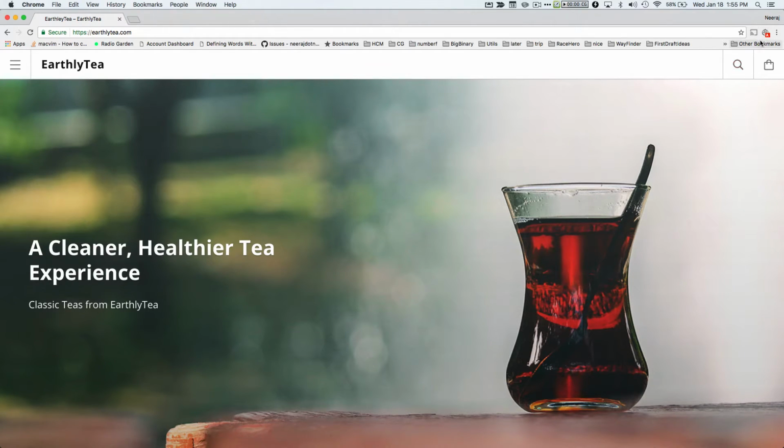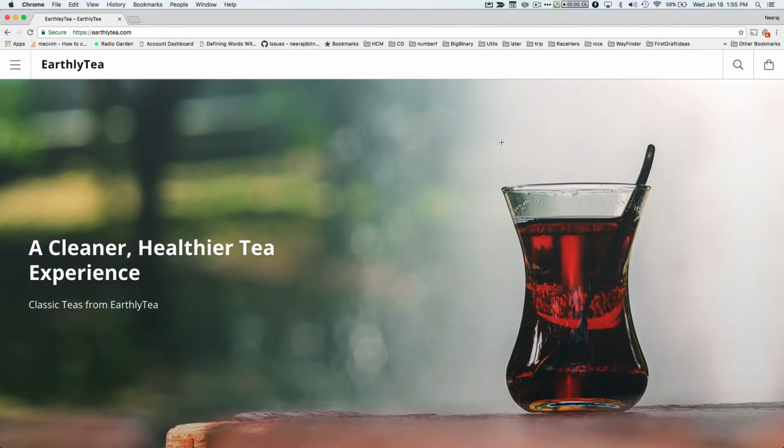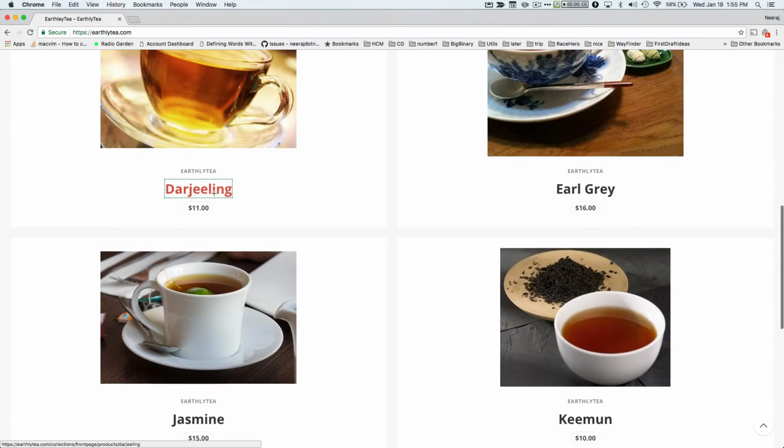So what it means is that now it is in the assertion mode, and you click here and you can see that it has two modes, assertion mode and browsing mode. And in the assertion mode you will see that your cursor has changed. So let's scroll down, and here we will assert that Darjeeling text is here. Once you click here, we can see at the top right corner that an assertion added message comes and then